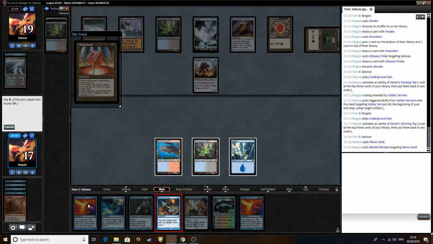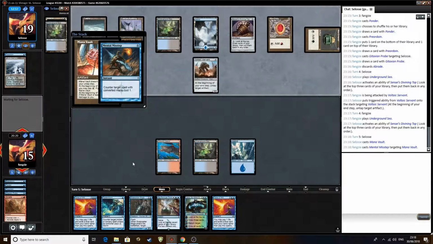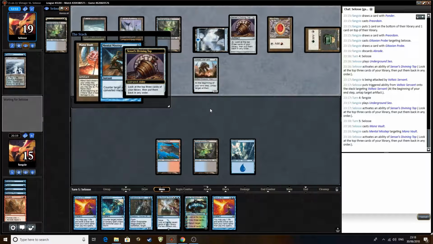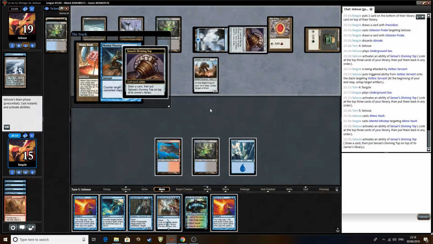Alright, so we can Misstep the Mana Vault, which is going to let us dig through time this turn, holding up Flusterstorm, which I don't think is actually worthwhile anymore. So I think we might pitch the Flusterstorm to the Force of Will. Okay,